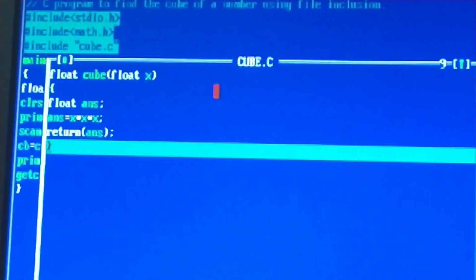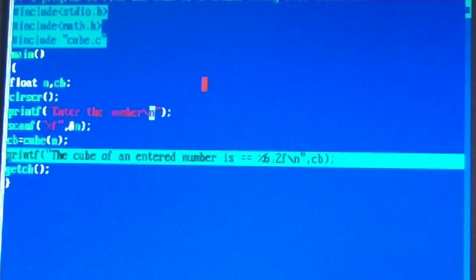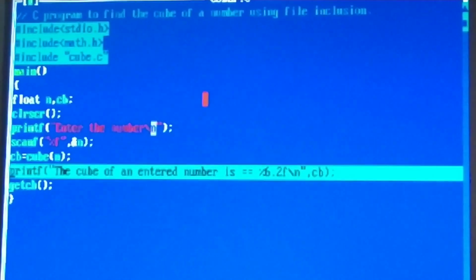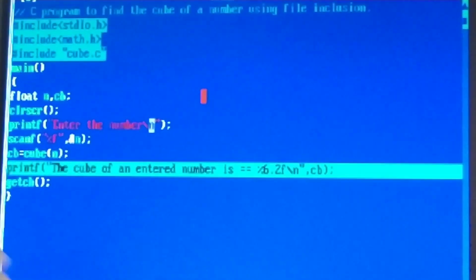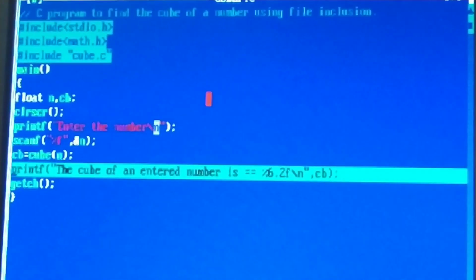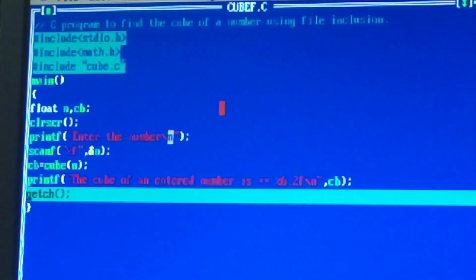So observe, from the sub function in cube.c, the external file, it returned to the main file, and now again it will print the output of the program, that is cube of the entered number, it is CB. We will check the output through the getch. Now observe, the output has come, that is cube of the entered number, it is 27.